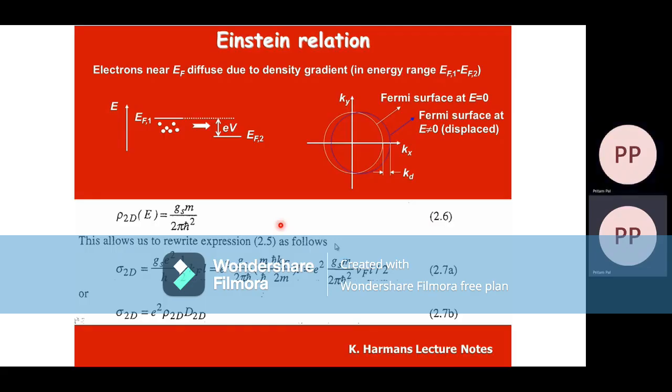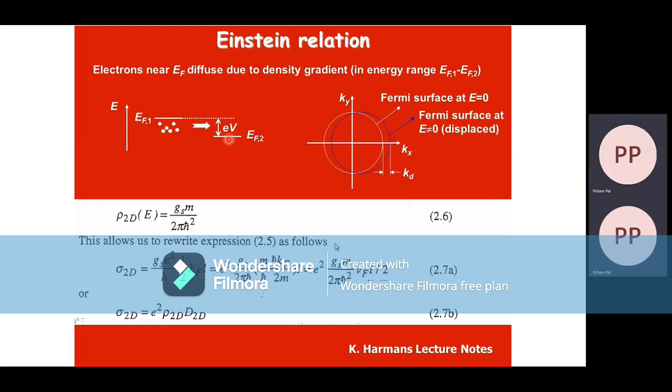That can be created by the voltage applied to the sample. And so these extra electrons will try to occupy these states, these spaces on the right, as shown here. So in this approach,